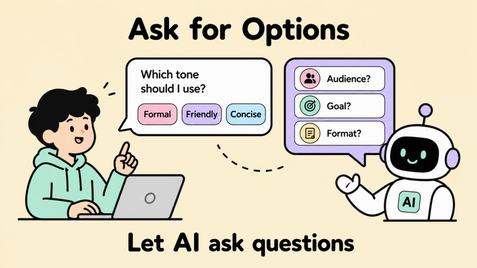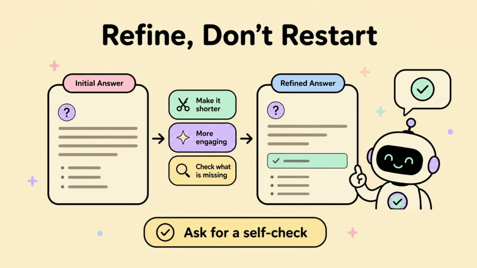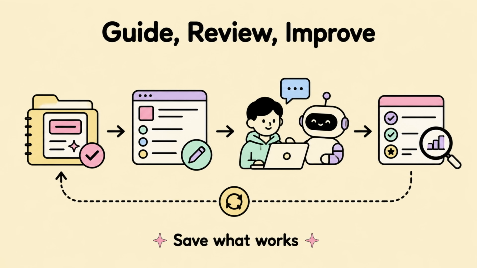Fifth, let the AI ask you questions. Say, before you begin, ask me for any important information you need. Sixth, improve the answer instead of starting again. For example, keep the main idea but make the opening more engaging. Seventh, ask the AI to check its own work. Say, review the answer against my instructions and tell me what may be missing. And finally, save prompts that work well for repeated tasks, but always update the details for the new situation. Good prompting is not about giving one perfect command, it is about guiding the AI, reviewing the response, and improving